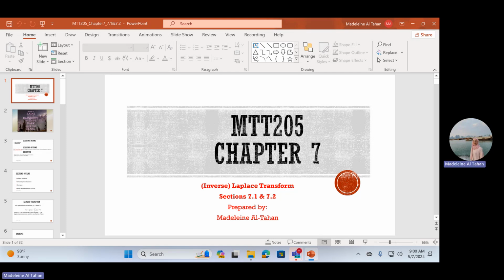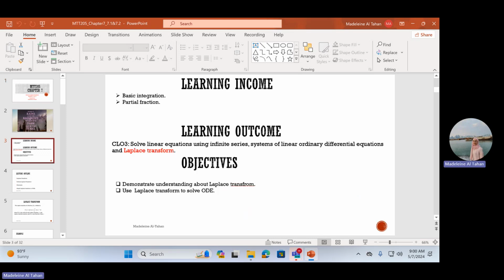For today's section, we'll start with a new method, and this new method is called Laplace transform. In order to understand this section, we need the basic integration formulas, and we also need partial fractions. I remember that I went through partial fractions in one of our solving sessions. In case needed, we can recall it also. We are in the last learning outcome, which is to solve linear differential equations using Laplace transform. Our main objective is to understand Laplace transform plus the inverse Laplace transform, to apply them to solve ordinary